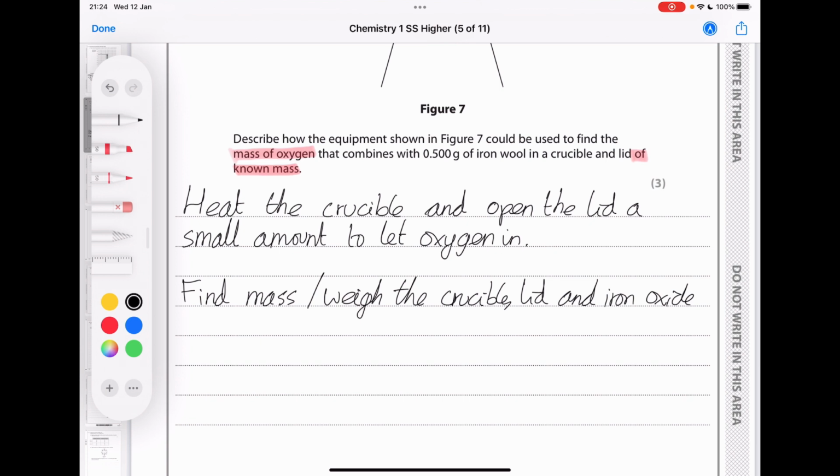We then need to take this final mass away from the mass of everything we started with to find the mass of oxygen. So we should say the mass of oxygen that reacted